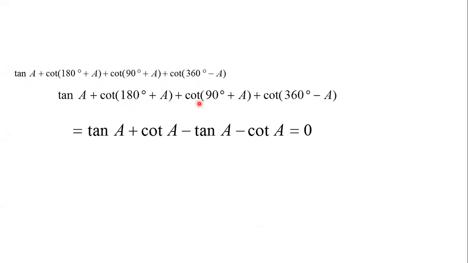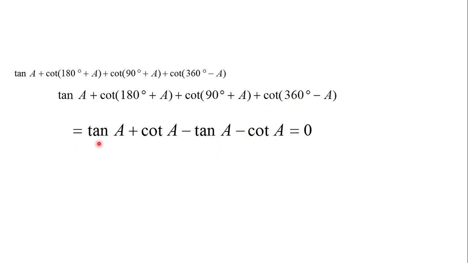So cot(90 plus A), and this 90 plus A is in which quadrant? In second quadrant, and in second quadrant the value of cot is negative. So this is negative, and cot of 90 plus A will be minus of tan A. And here, this is again 360, which means 90 into 4, even multiple, and the value is what? In which quadrant? In the fourth quadrant. And in the fourth quadrant cot is negative, and cot will be cot in the multiple of even. So cot of (4 into 90 minus A) will be cot A, and negative because of the fourth quadrant.